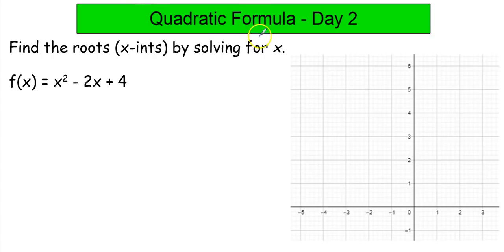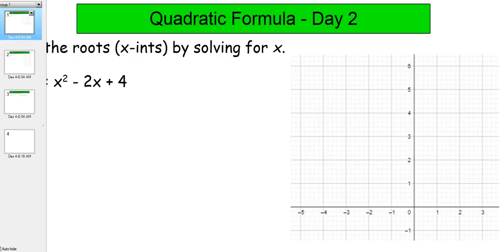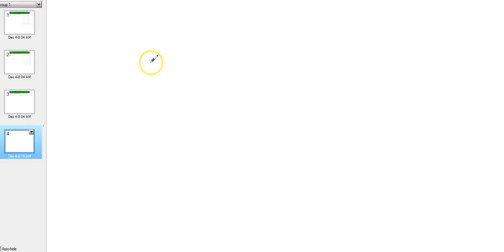Alright guys, this is day 2 of quadratic formula, so we started messing with this formula yesterday. Just a quick review of what that looks like. Quadratic formula is used first of all when we're finding roots, when we're finding where it crosses the x-axis. So it looks like x equals negative b plus or minus square root of b squared minus 4 times a